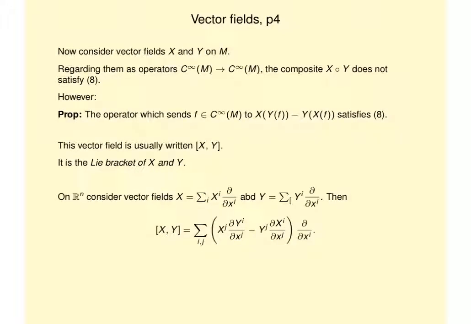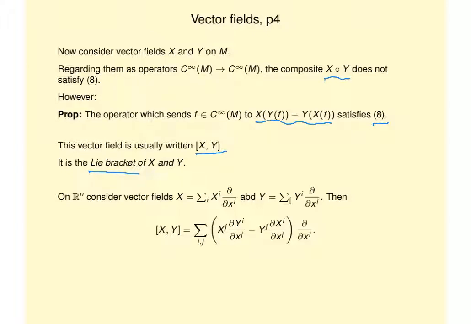Now, if I take two vector fields x and y and I take their composition, the result will involve second order derivatives, and it won't satisfy the conditions of equation 8. However, if I take x composite y and subtract off y composite x, then I do get an operator that satisfies the conditions of 8. So this defines another vector field, usually written with square brackets, x comma y, and this is the Lie bracket of x and y. This is something that's absolutely fundamental to work with manifolds. It will come up repeatedly, probably in almost every podcast. I'll talk about properties in a moment,